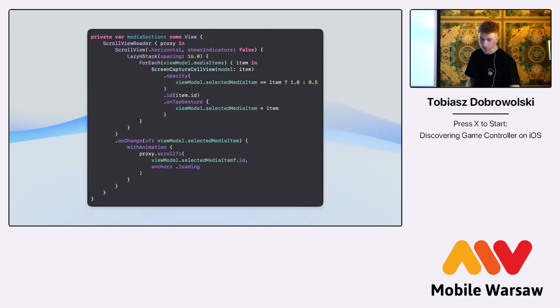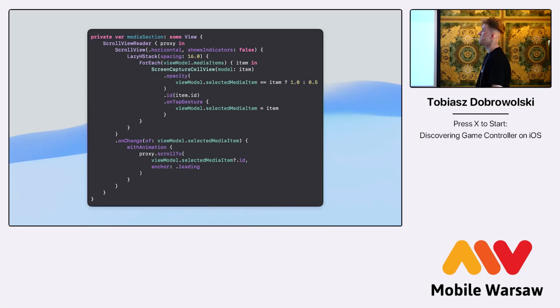Okay, so now let's go to the SwiftUI view, which looks like this. This is just a glimpse of it. This is the scroll view reader with a proxy that will be used for us to do the animation scroll to. It's not perfect yet. I saw that there is some addition with iOS 18 to the scroll view, but this is based on iOS 17. And I'm just putting the lazy H stack and the capture cell view, which has its own ID,